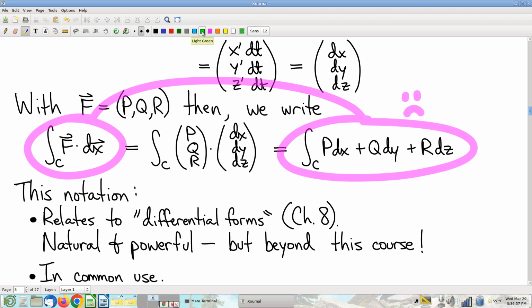You look at the original notation, F is a natural thing. It's a force or it's a velocity, right? It's something that's part of a physics problem. What is the dx? Well, it's displacement. Again, it's a very geometrically natural thing. It means something clear and natural in a question. By comparison, what is P by itself? Well, it's the first coordinate of the vector field. Okay, yeah, but by itself, without making a reference to what we've already agreed, F is a very natural thing, but P on its own,